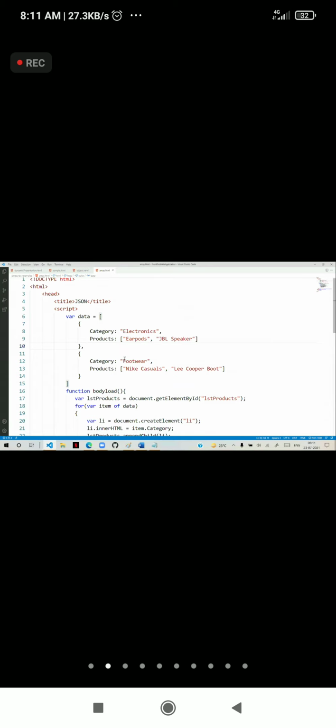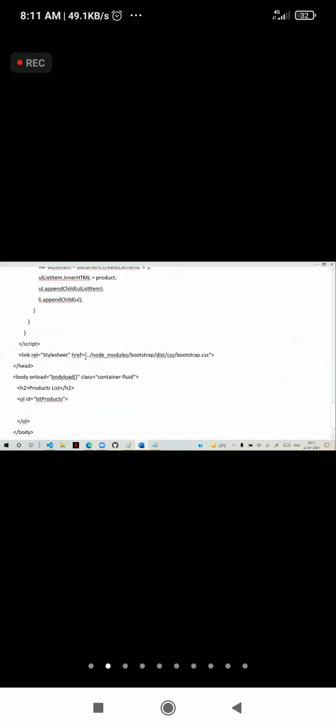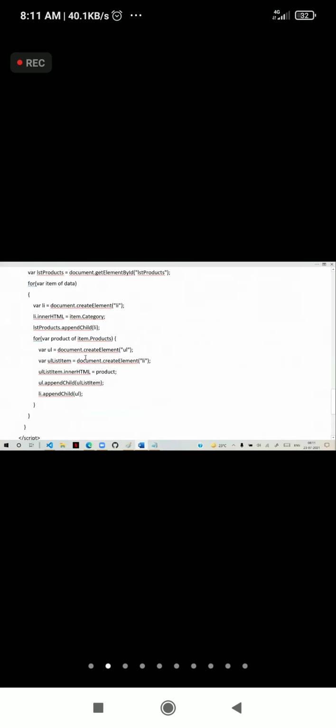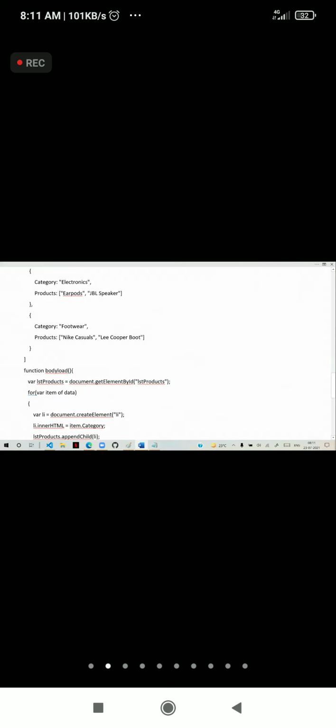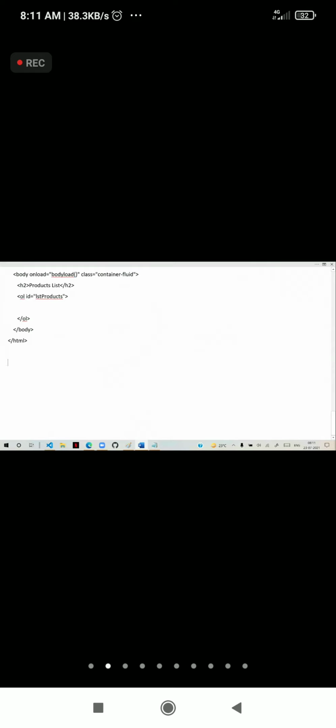How to generate a table. How to generate an ordered list. You see, we generated an ordered list here, dynamically generating the ordered list. This is another example. Similarly, they ask how you can generate a card dynamically. How you can generate a card dynamically. How to present a card dynamically. Because we have to apply all our CSS also here. We have to present all the CSS also here.